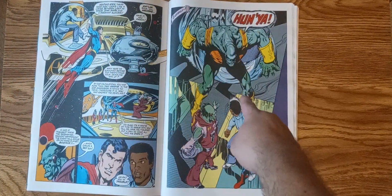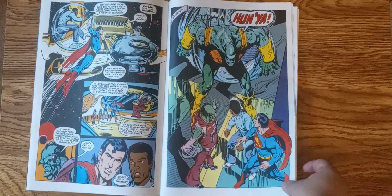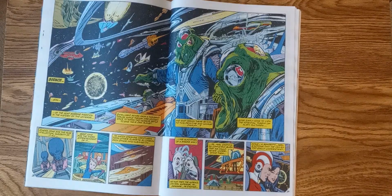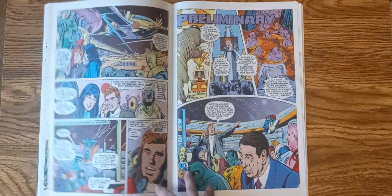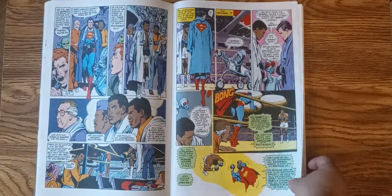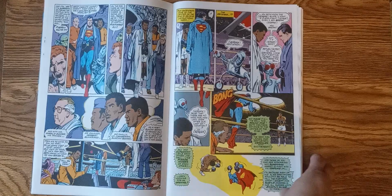And now here's the champion, the alien champion, Hunya, that they're going to have to face off with. So once they determine which of them is going to be Earth's champion to face off against the alien, whichever it is, Ali or Superman. Well, it turns out it's Ali, because when they do the fight here, whoops,